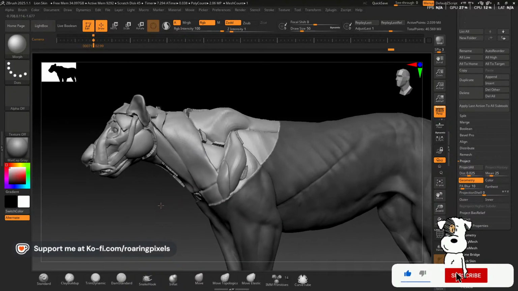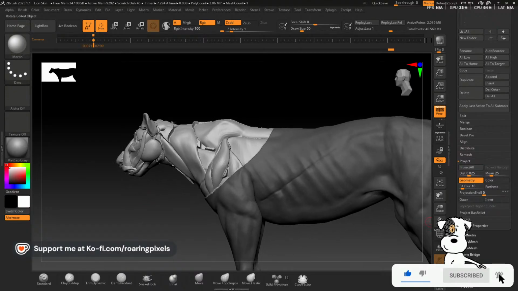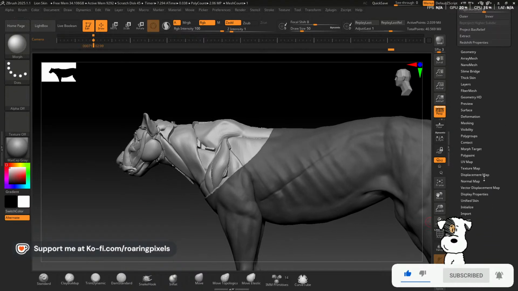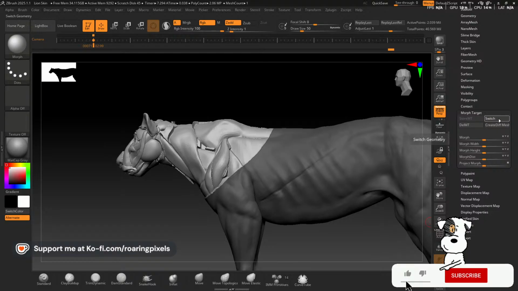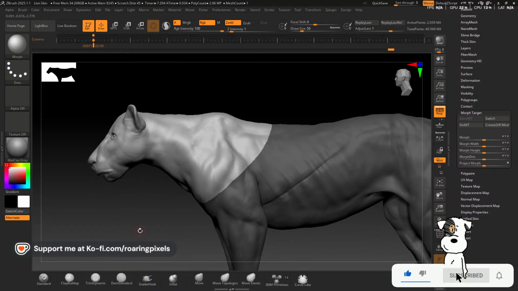Got a lot of this right. Few artifacts there. Don't mind that. Okay, let's proceed. So morph target, switch, and with morph brush,